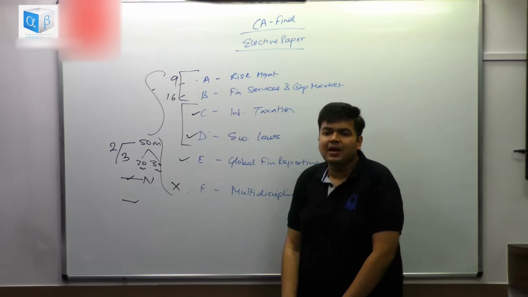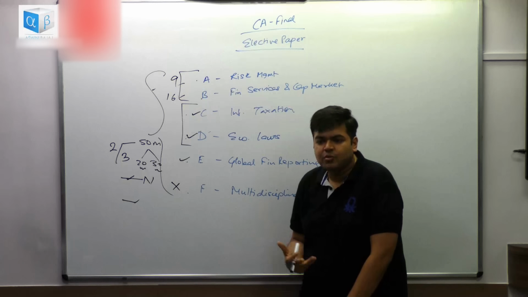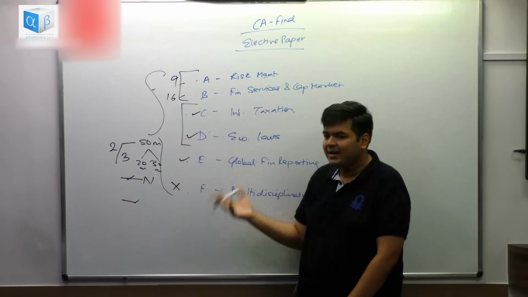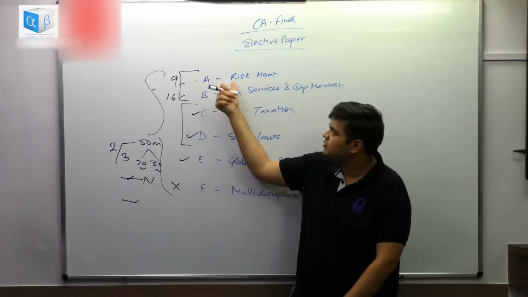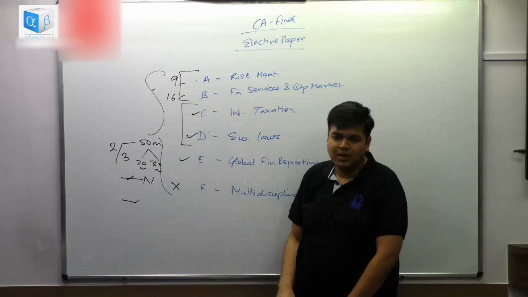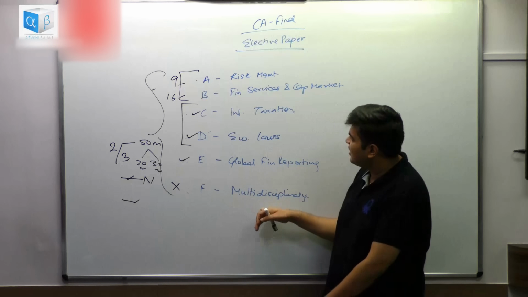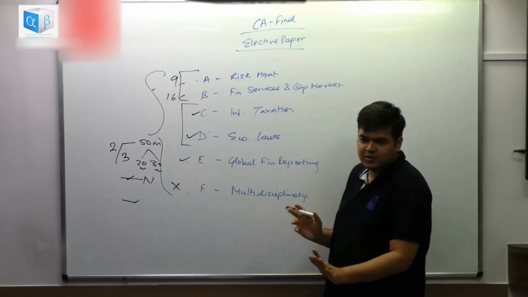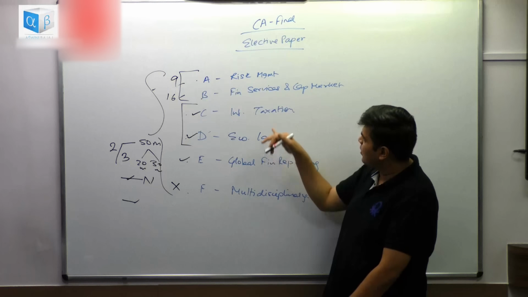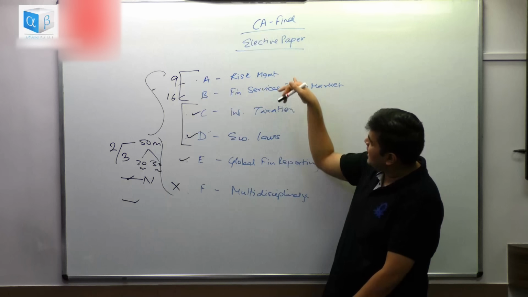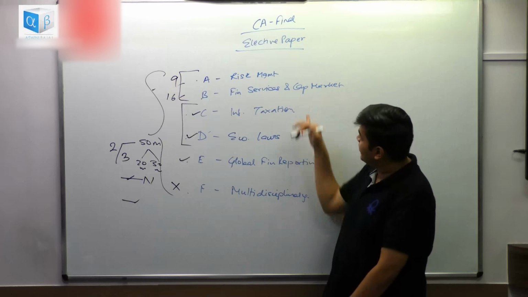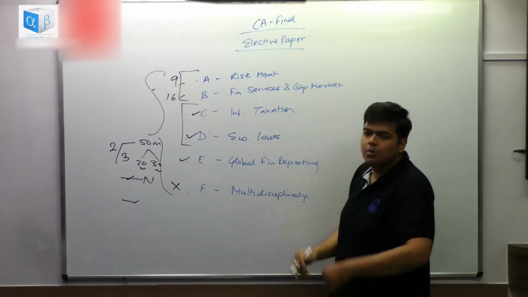Over here it seems to be relatively easier because you don't have so much subject expertise with respect to risk management. Anyways, most of the content is theoretical, and since there are fewer chapters, I believe fewer people will be opting for risk management compared to this one. In my opinion, this would be the least taken exam. That is again my opinion. I have no figures with respect to this, but I personally believe this would be the lowest, then this second lowest, then I think this and this would be somewhere between these two, and the top two would be financial services, capital market, and global financial reporting.